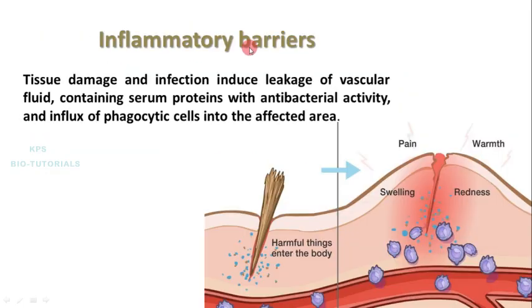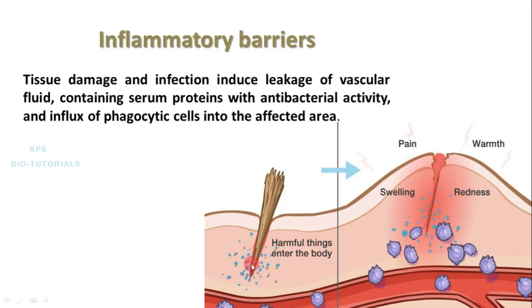And lastly, the inflammatory barriers. When tissue damage or an infection occurs, at the site of the infection or tissue damage there will be a leakage of vascular fluid containing serum proteins with antibacterial activity and an influx of phagocytic cells into the affected area. Like this, if there is